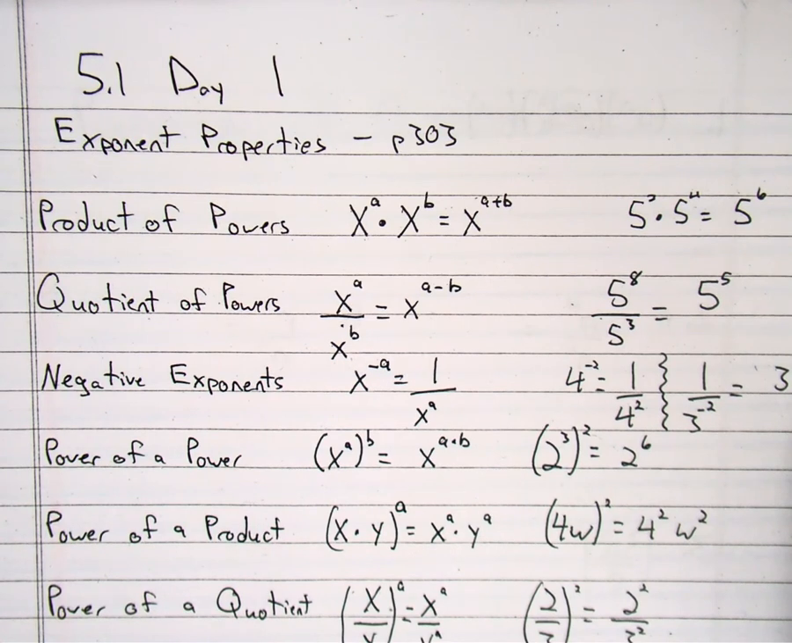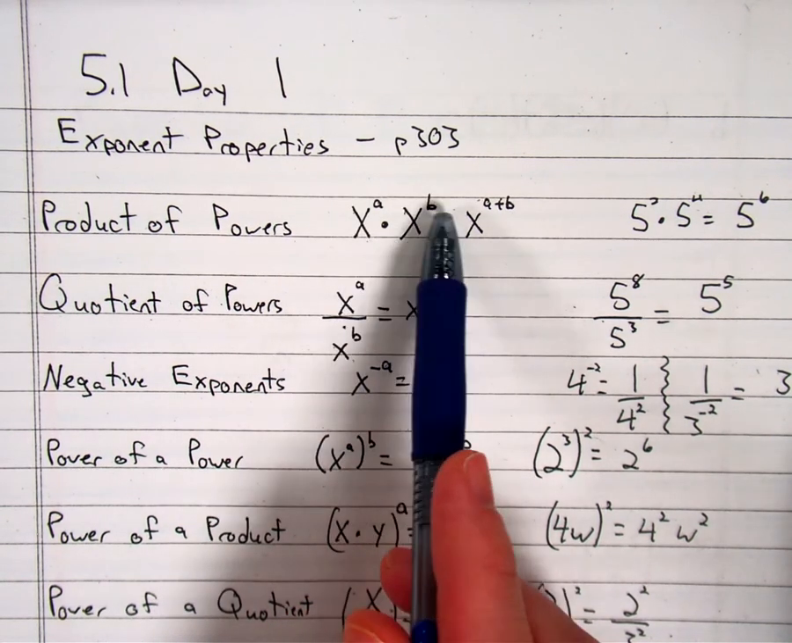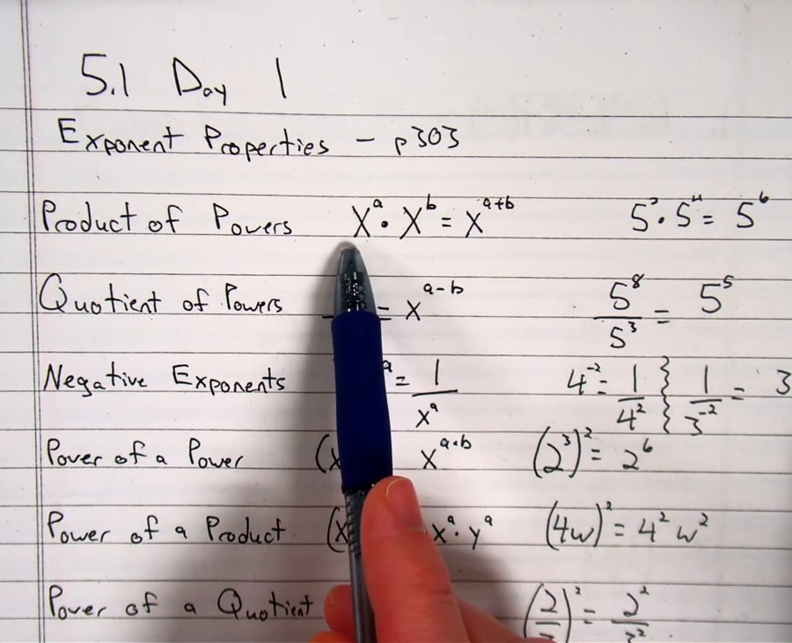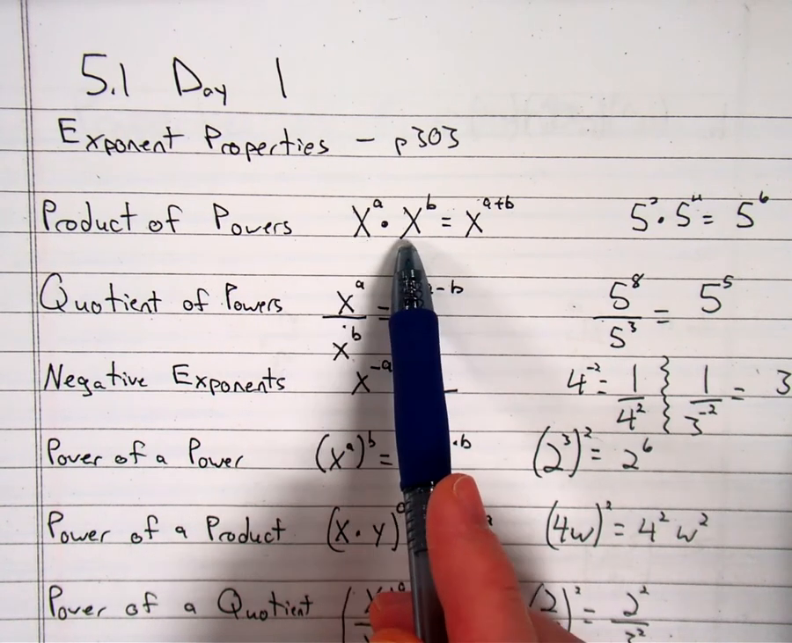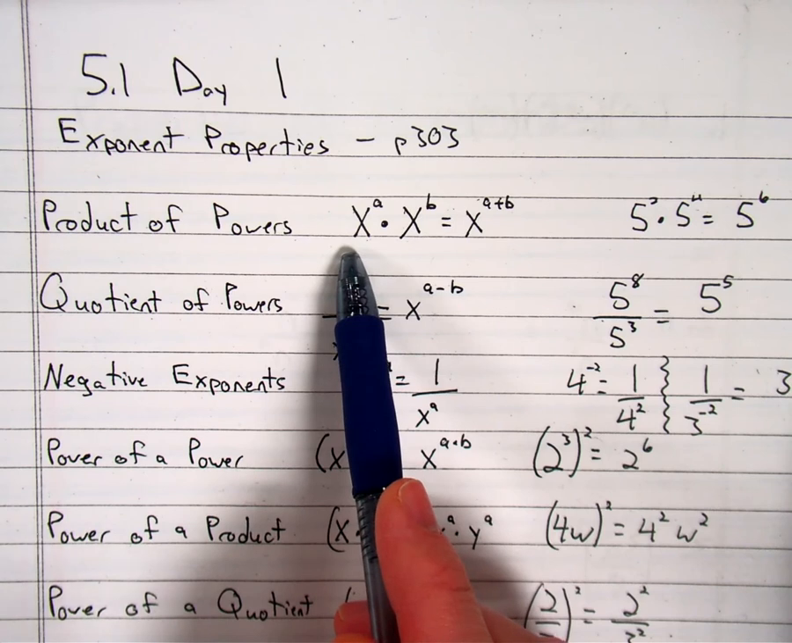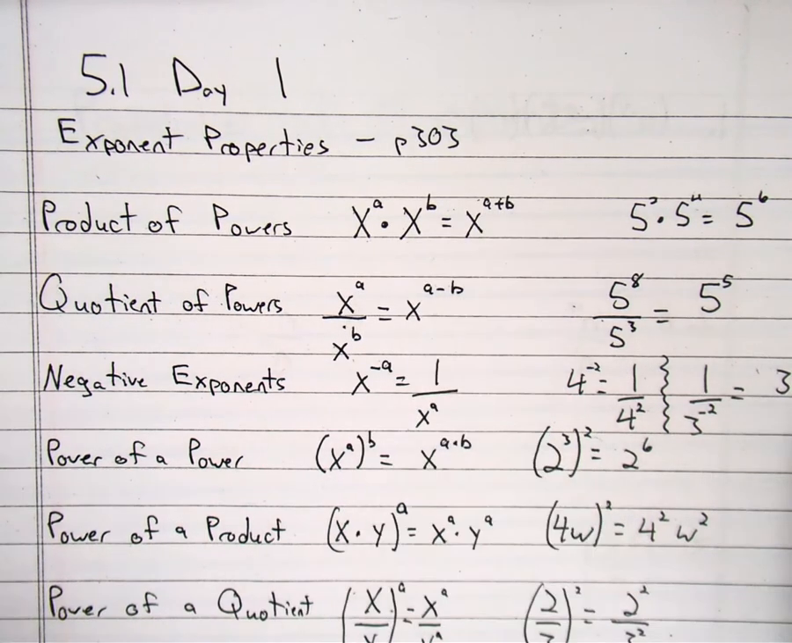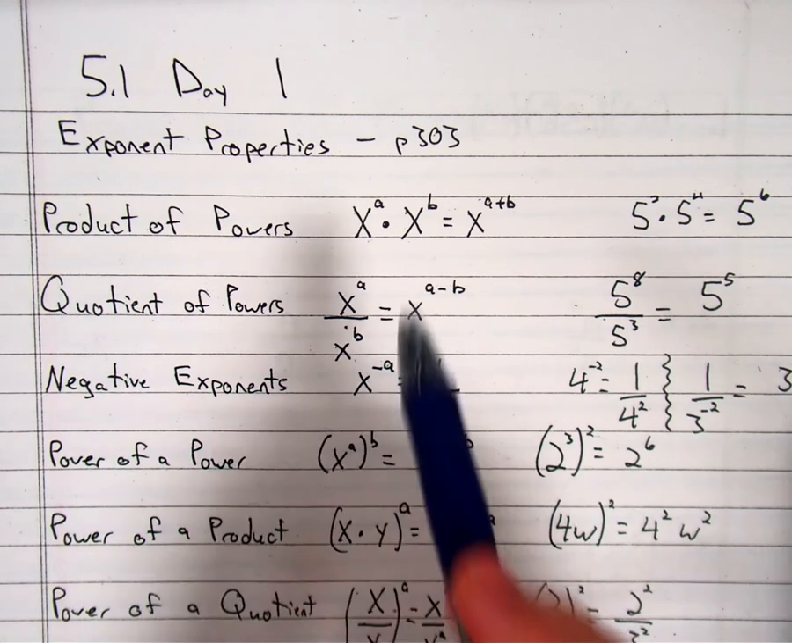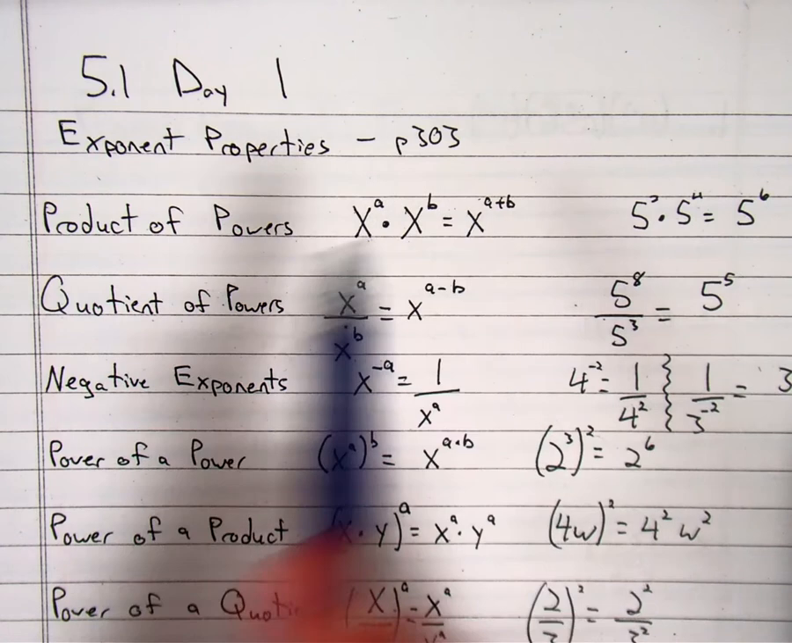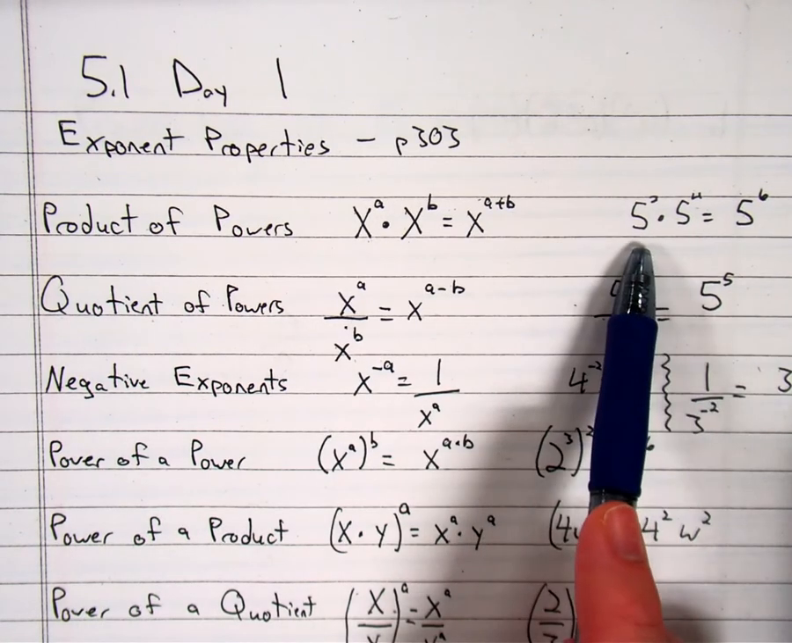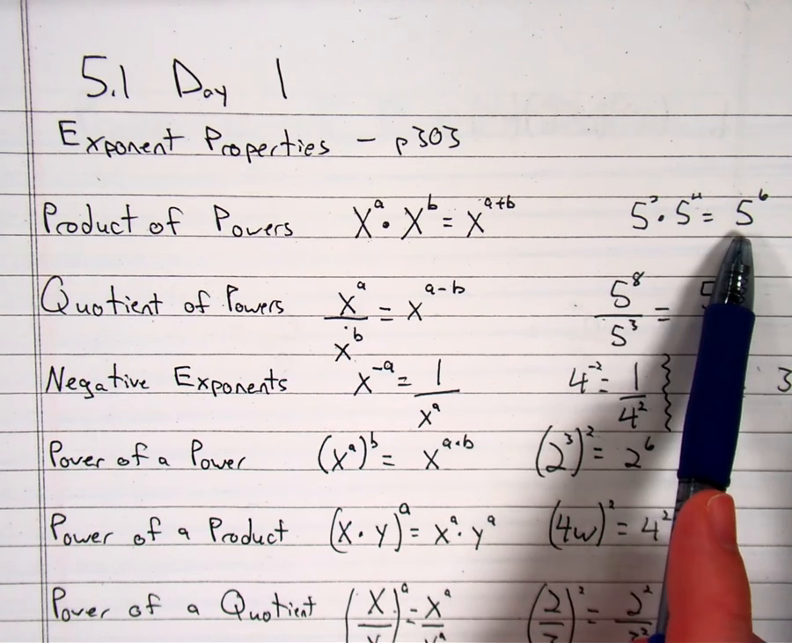We have the product of powers. You're multiplying two things that both have powers. They have to be the same big number, or the base. They have to both be x, or both be y, or both be 2, or both be a 3 to add your exponents together. So when you're multiplying two things together that have the same big number, you get to add the exponents together. So if I have 5 squared times 5 to the 4th, that's going to be equal to 5 to the